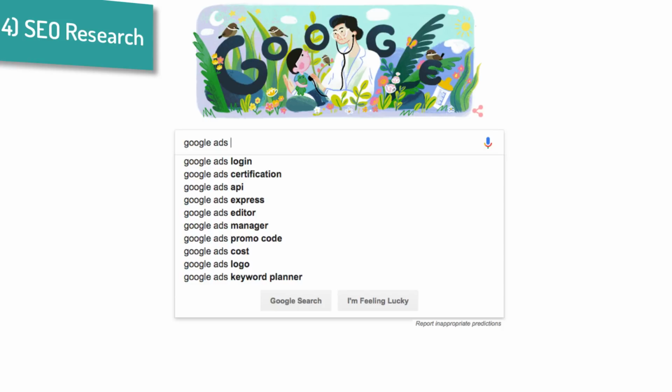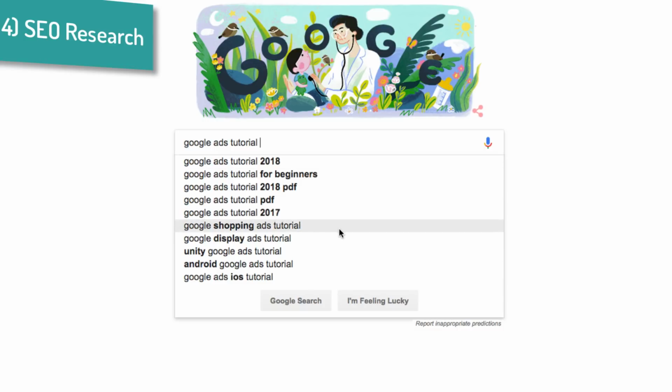So for example, I'm going to type in Google Ads tutorial and then see what comes up after that. And these would all be keywords that I would want to explore. For example, coming down here, Google Shopping Ads tutorial would be the first one I would actually look at. I mean, these are relatively obvious, but I come in here and say, oh, Google Shopping Ads tutorial. Google's just told me that a Google Shopping Ads tutorial is something people want,